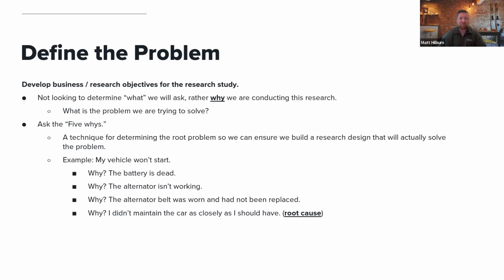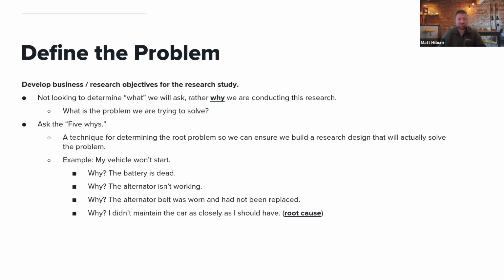We need to come up with some objectives, and it's often the case that as the researcher, it's our job to help the in-person, whether that's our boss or the stakeholder. We need to help them define this. So we probably are the ones who are going to write the business objective. And so before we get into writing these objectives, we ask ourselves why we're doing all of this. And there's an approach called the 5 whys. Maybe it's not 5, maybe it's 4, maybe it's 7, where we hear a problem.